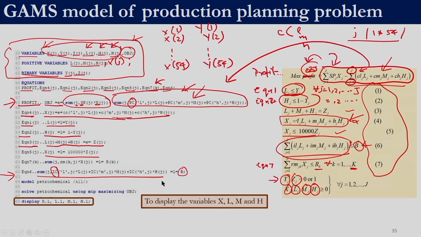This B we have defined as a scalar initially, so this should be less than or equal to the budget. Similarly, the 7th constraint is not to be written over J; it is to be written for all types of raw material. Here also we have defined equation 7 of K, and then we have summing over the jth raw material, sum J comma Rm, which is the name of the table, of K comma J.